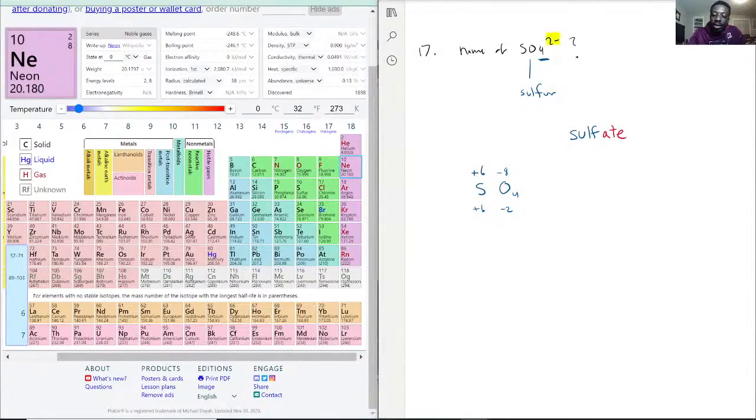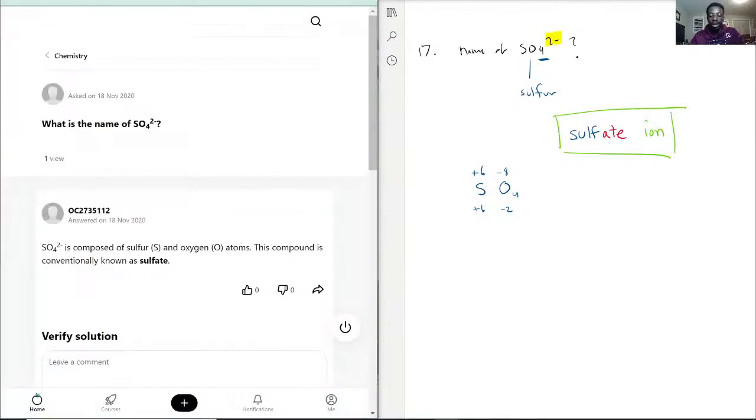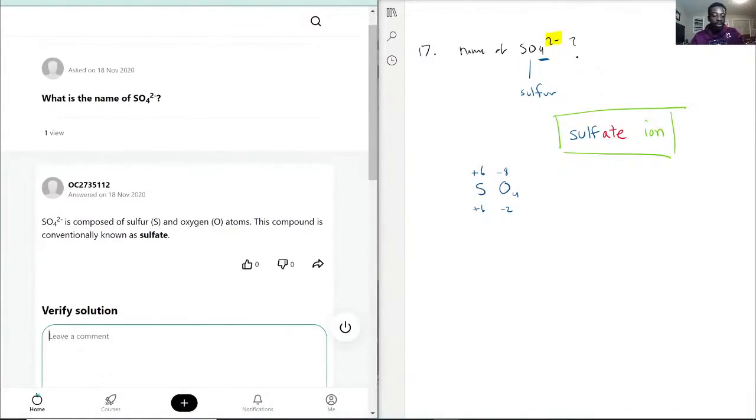Why? Because this is 2 minus. Anything with the charge is no longer just a compound, it becomes an ion. So the real name, the full name of this is that this is a sulfate ion, okay? That is a name that we have here. Alright, so with that being said,